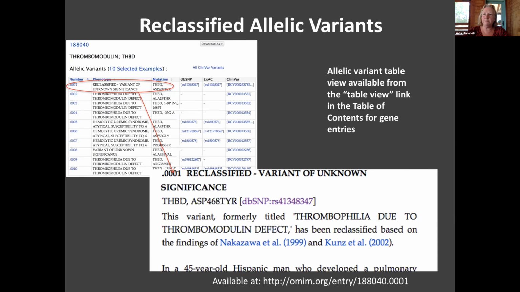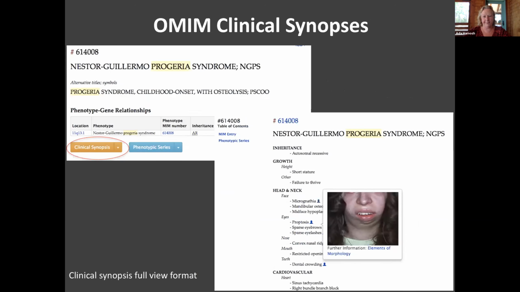And remember that OMIM is a database that has existed since 1966, right? So it's got the latest and the greatest new stuff, but it also has old stuff. And you know, you guys are struggling under the burden of a few years, right, of having ClinGen. Just wait till you've got 50. It's not pretty.